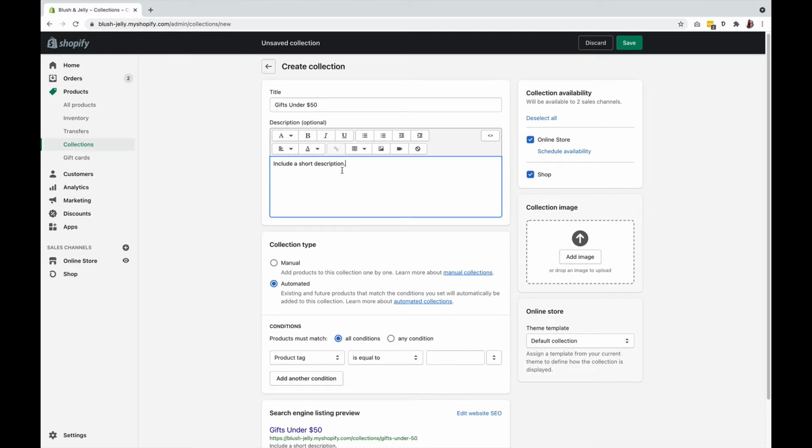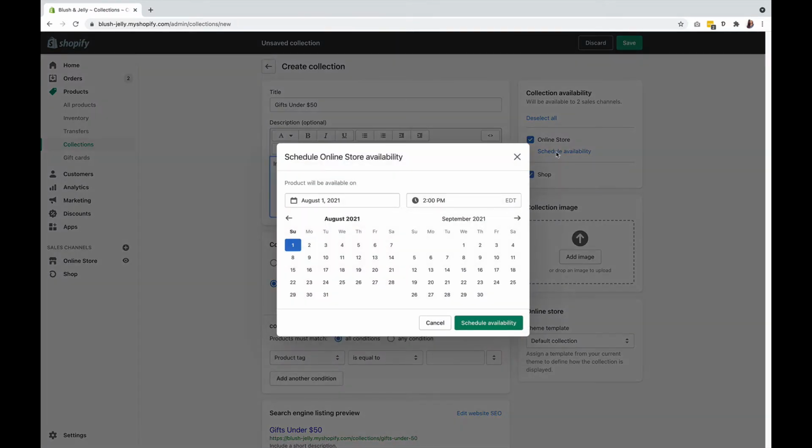In the collection availability area, select where you want this collection to be featured. Right now in the shop, we only have online store, but you might see other options such as POS, Pinterest, or Facebook here. You can also select schedule availability. If you want to schedule the day your collection appears in your shop, that way you can have your collections